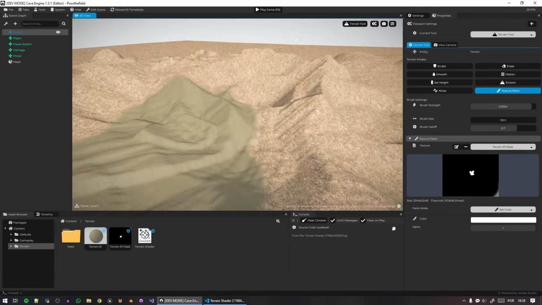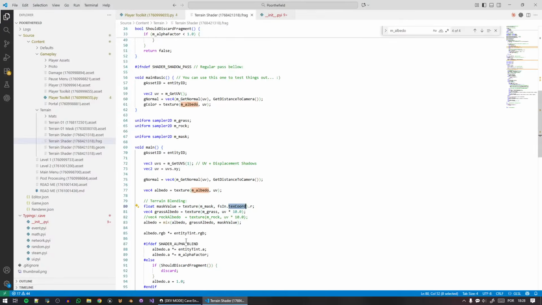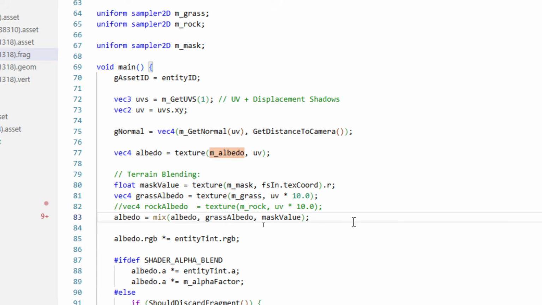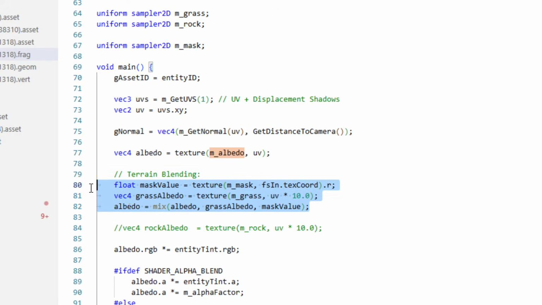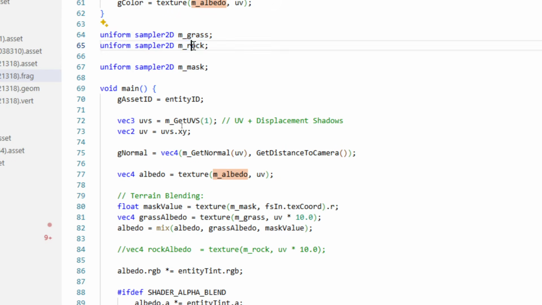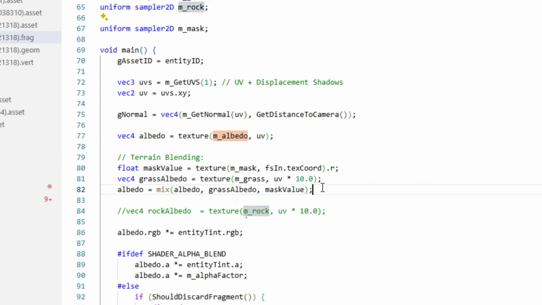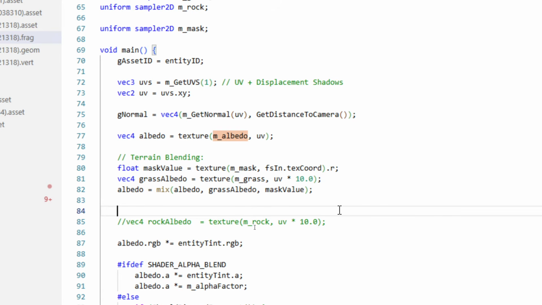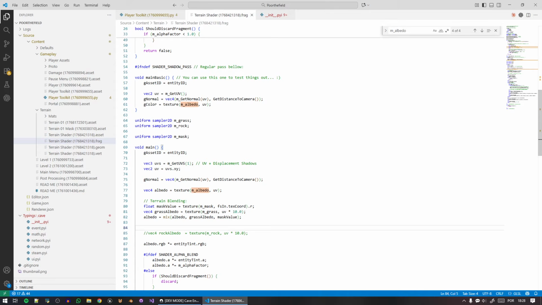And that's it. This is literally it. This is the amount of lines of code that you need to have your thing going. You need to do this in the main shader, and of course you need to add the uniforms. Of course, I do have the rock here, and the reason is that I kind of wanted to do some sort of blending according to the elevation of my terrain. I really like to do this as an automatic way to handle elevation. So what I can do here